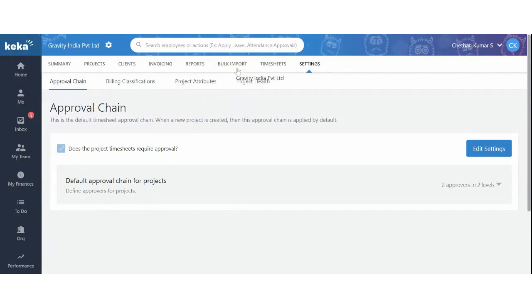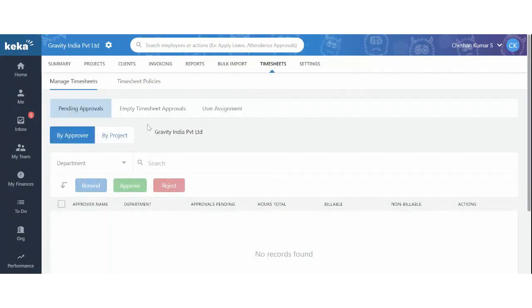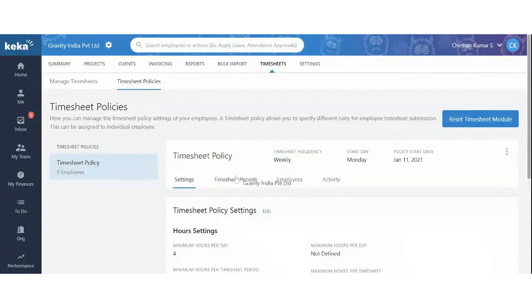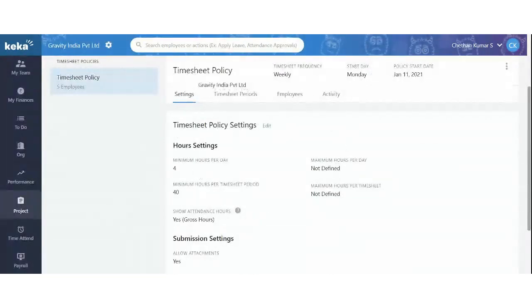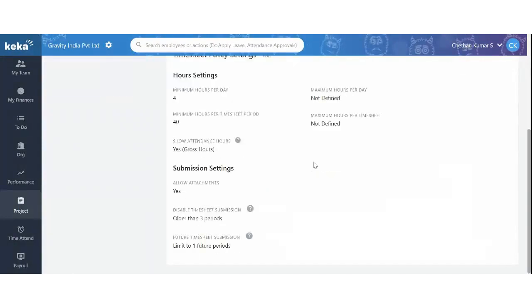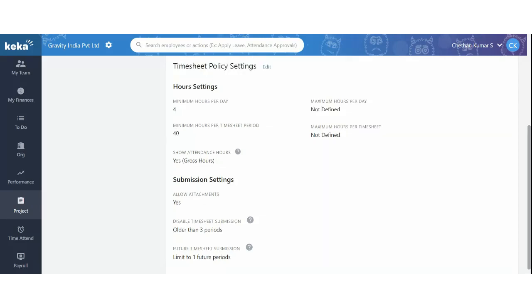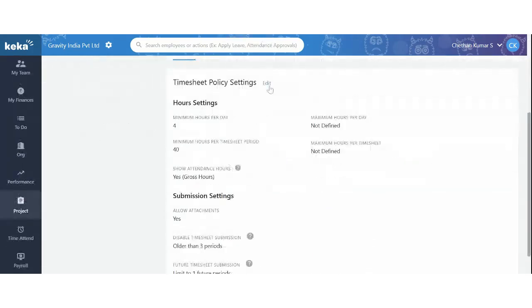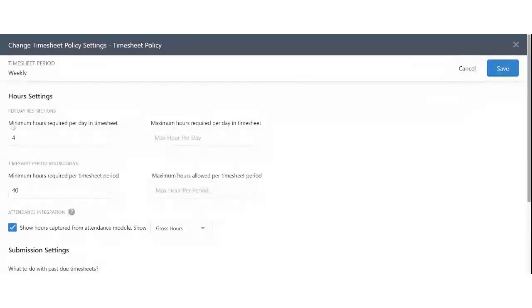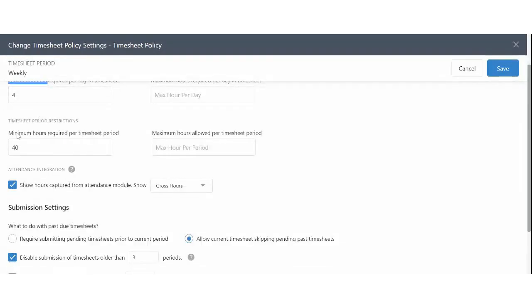After this, we have also discussed timesheet policy, the different settings we have, the minimum and the maximum number of hours we can define that will allow employees to submit their record accordingly. Just a quick overview again. The first one says minimum hours required during the timesheet period.